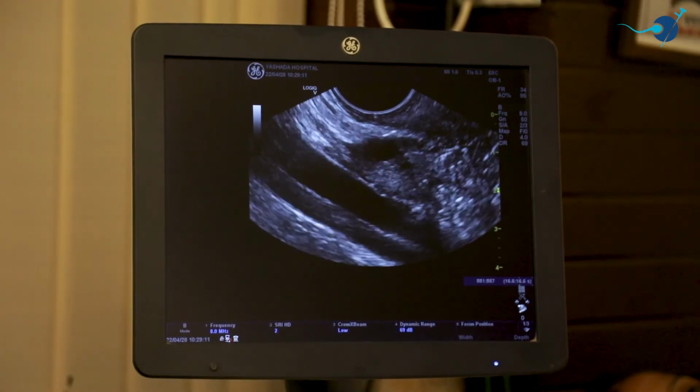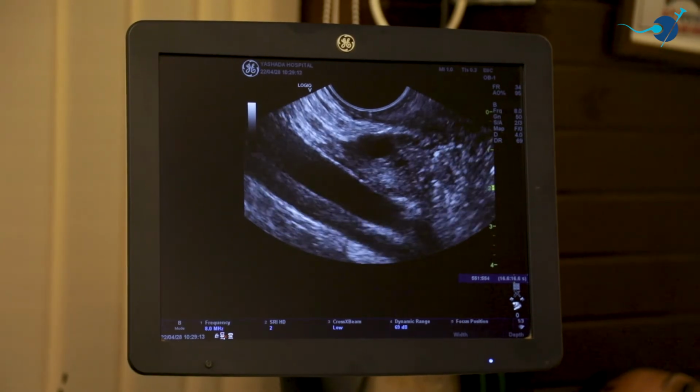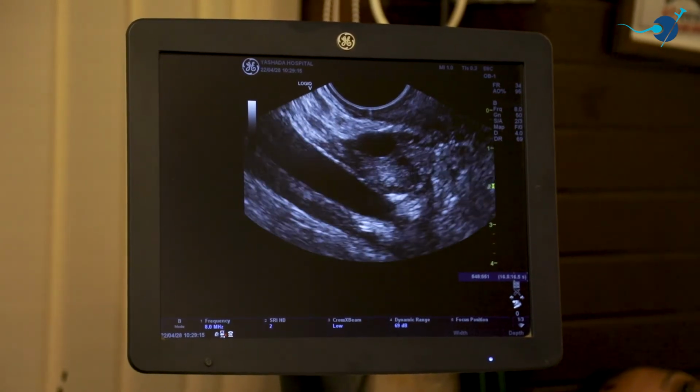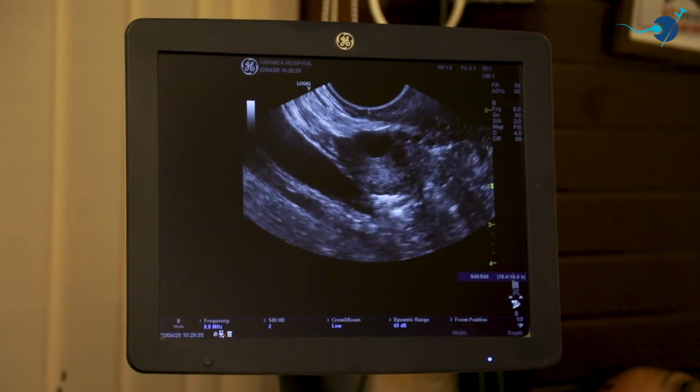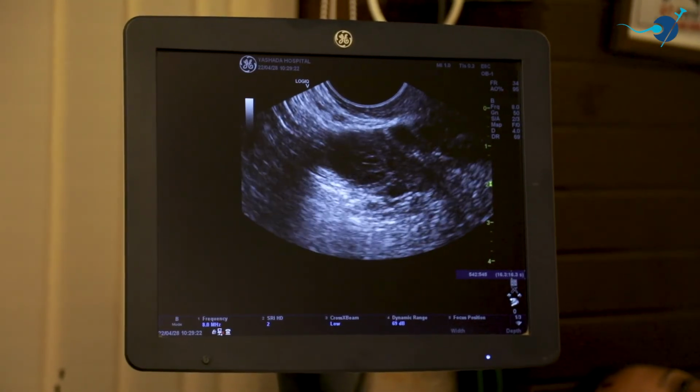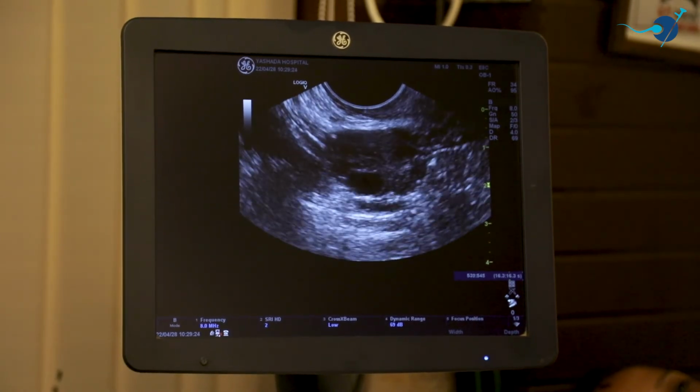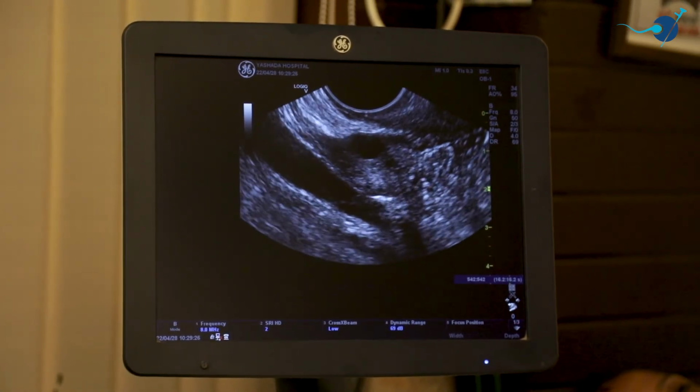This is the right ovary with the round hypoechoic things that you can see. Those are the follicles. So 1, 2, 3 follicles are being seen inside the right ovary.